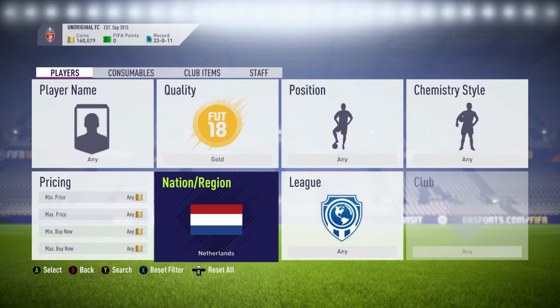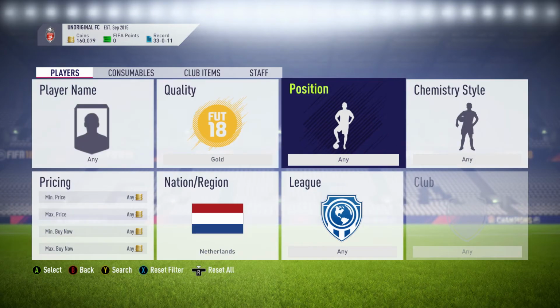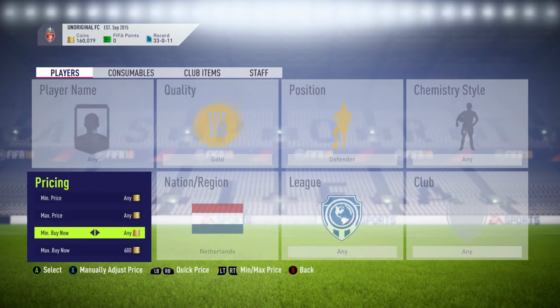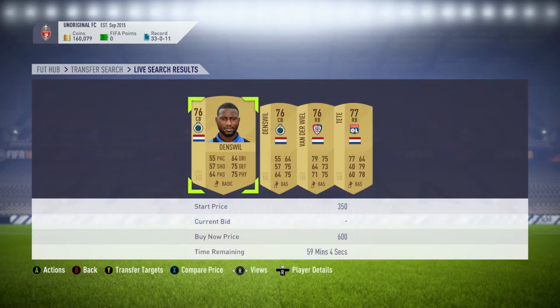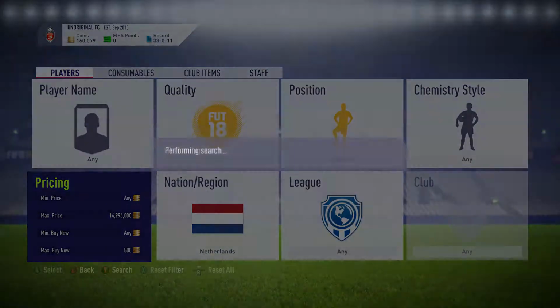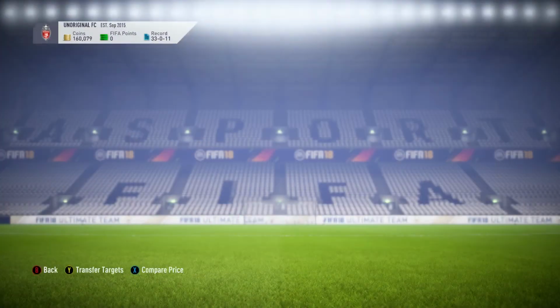Next game between the Netherlands and Sweden, if I remember correctly. This one you needed silver or gold players, so not that many sniping filters have come up from it. Actually, there's only one that I found, and it is defenders. So snipe at 500. If you pick up one that only goes for 600, you'll still make about 100 coins